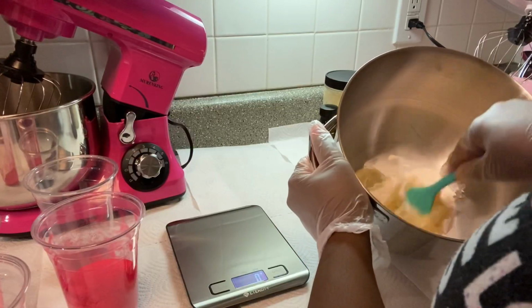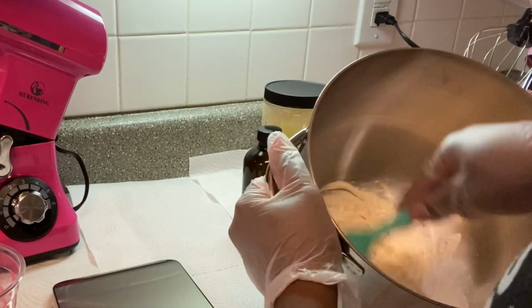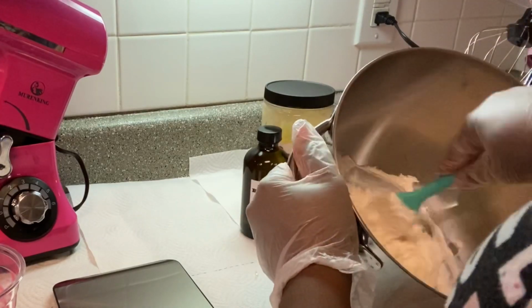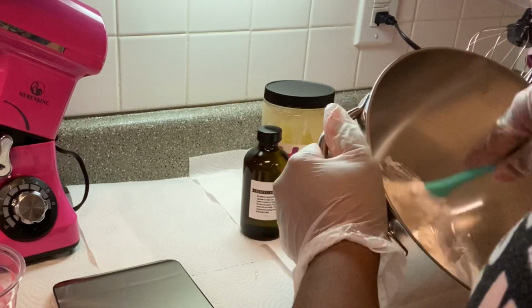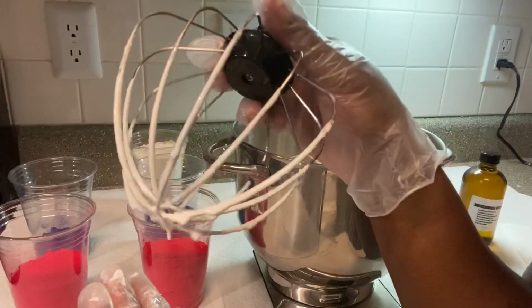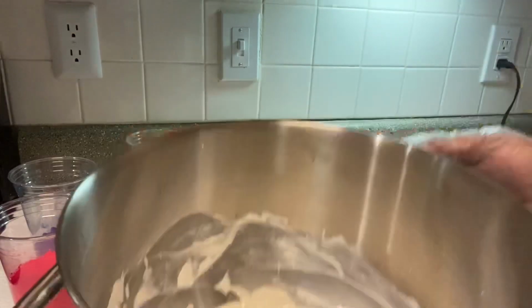and I'm just going to fold that into the base, getting it to mix until it's a creamy consistency. It's okay if it has a little bit of lumps, but I want to place a lot of emphasis on scraping the sides of the bowl just to make sure that there's no powder present. And then I take it right over to my mixer for about a minute, and of course you have to